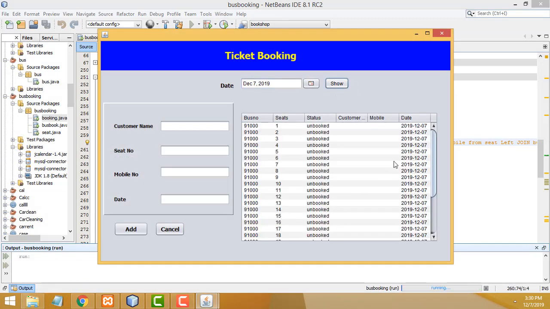Here the data is displayed successfully. Here all tickets for the particular day, 7 days, should be unbooked. If you enter the customer details, it should be booked, right? All those details will be discussed in my next